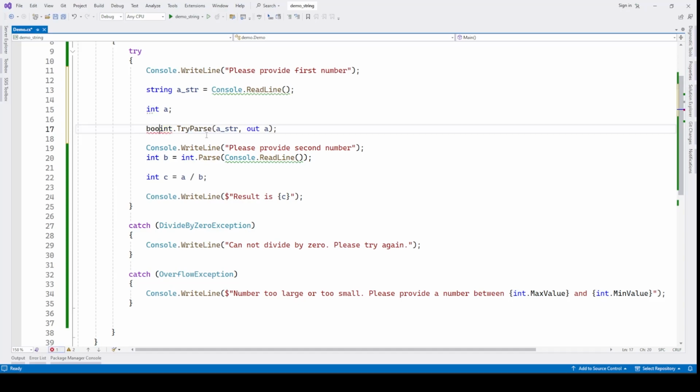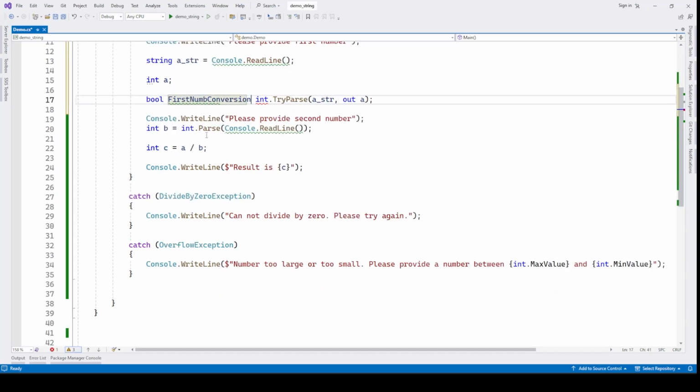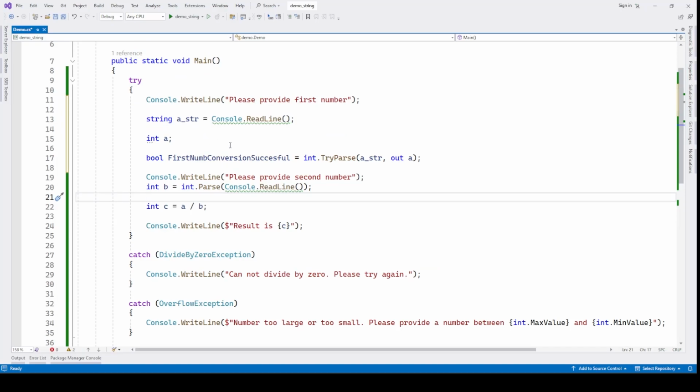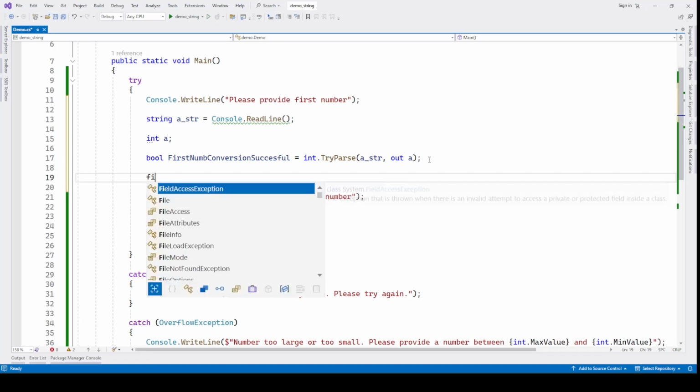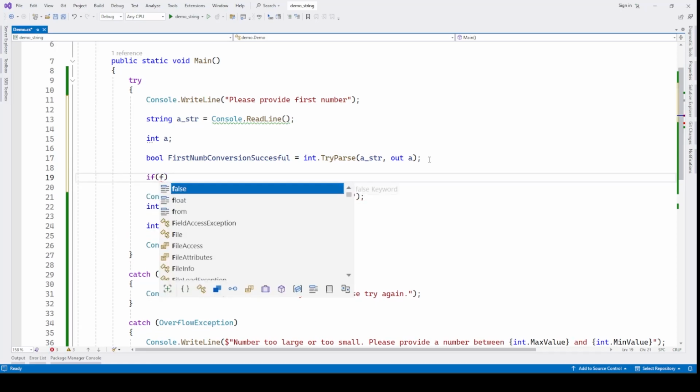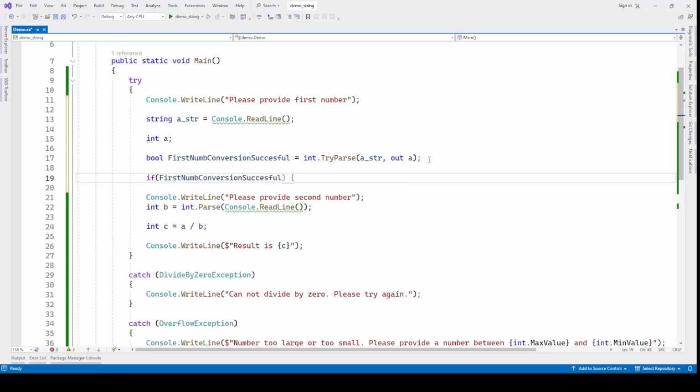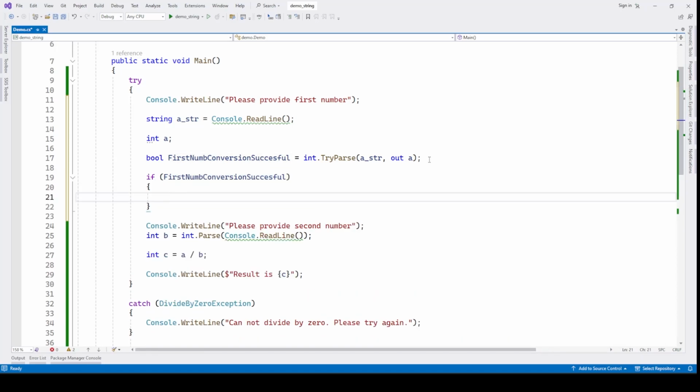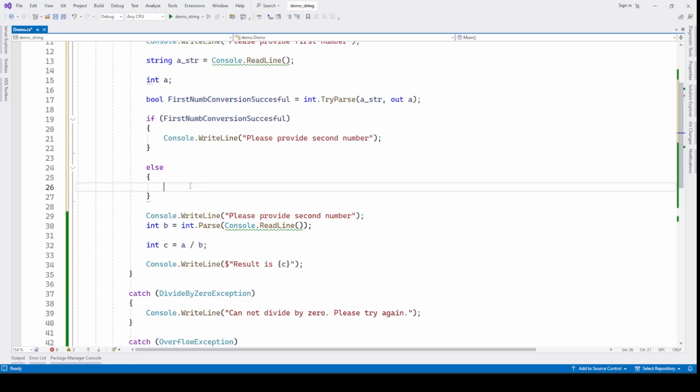And let's declare a boolean. Whatever the result is coming from try parse, we are storing it in first number conversion successful. This variable we are storing, and now we can just check this variable. If first number conversion is successful, then we can go ahead and ask for the second number, right? Else we can provide the message